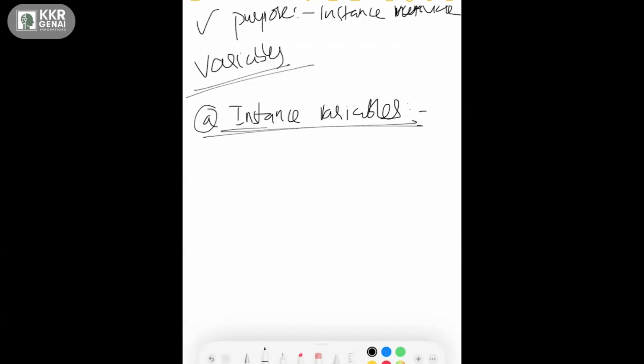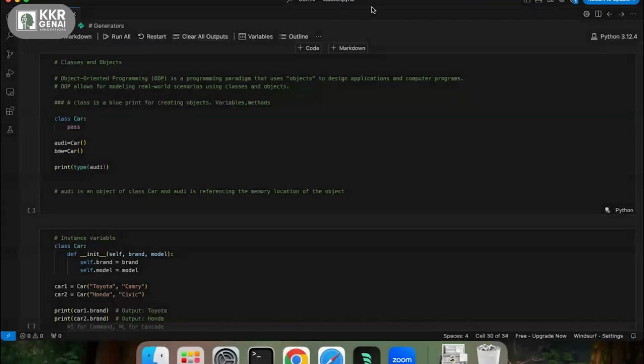Shekhar, sorry, but one more question here. In Java, you can overload constructors. You can write multiple constructors with different parameters. Is it the same case with Python as well? No, we can't do constructor overloading or method overloading. If you want to do constructor overloading or method overloading, you need to use something called variable length arguments. In yesterday's class, we had a discussion on variable length parameters, right?